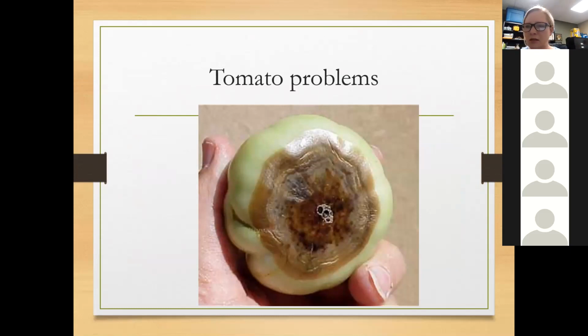Okay, so let's talk a little bit about tomato problems, and certainly there are a lot of them. Before I go into the tomato problems that we can have, sometimes it's weather related. Some years are just good years for tomatoes and some years aren't. If we have a really hot, dry summer, or if we have a lot of rain, like we're having right now,